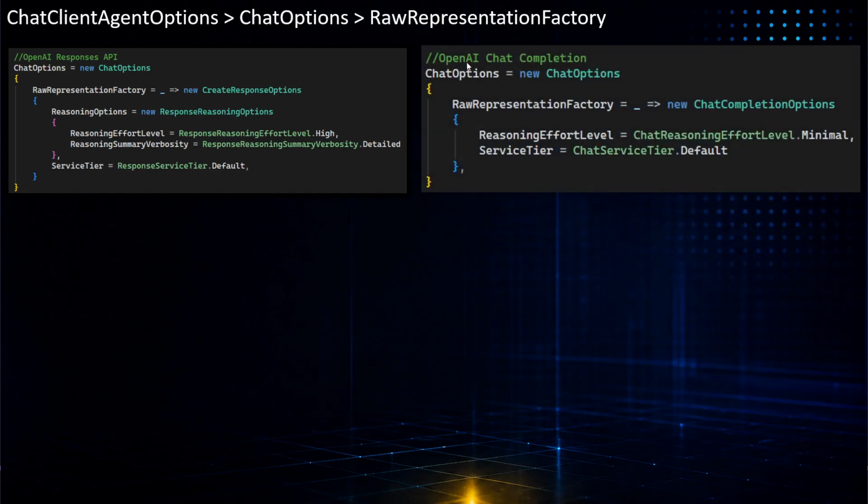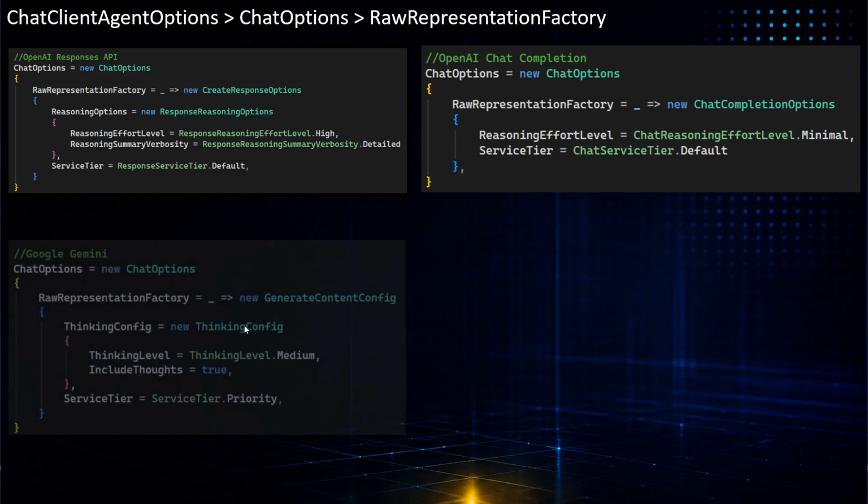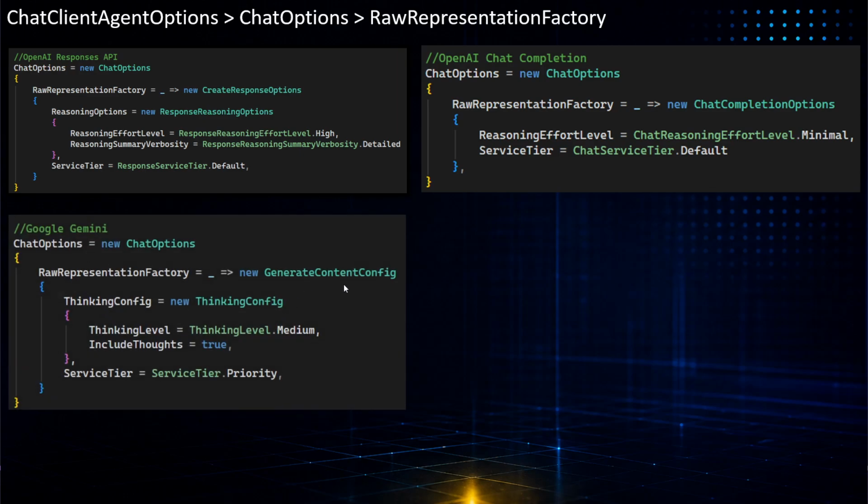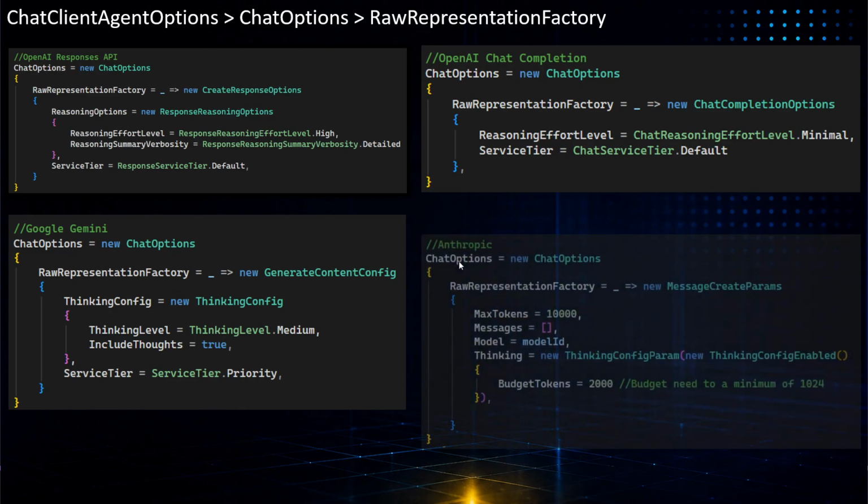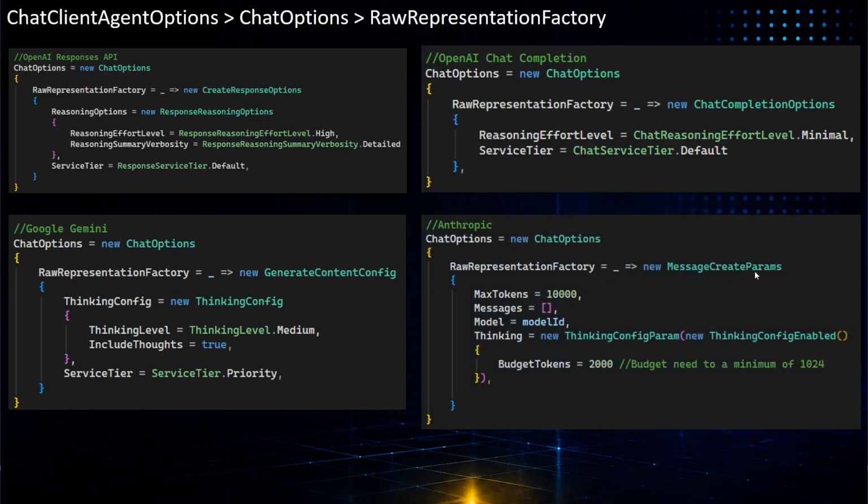If we go chat client, it's a different options object. So you can see raw representation factory is different objects from time to time. So there's different ways of setting them. Gemini has a different way where it's a generate content config with thinking config, and Anthropic has message creation params where you need to set the thinking params and so on.